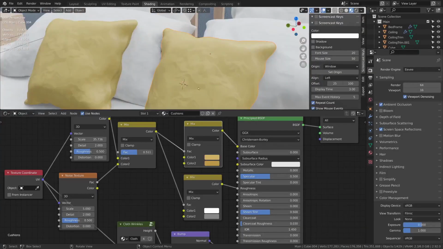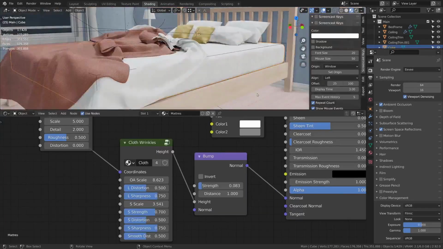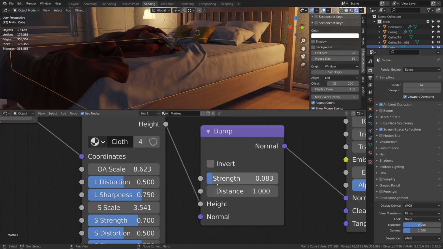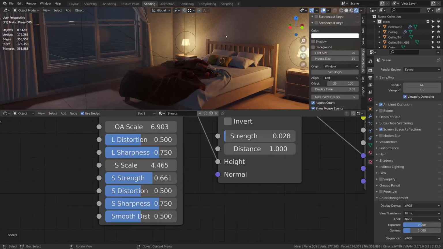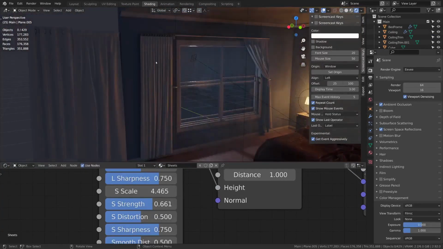Now, particularly on the cushions, I think it looks like they have too much bump. I'll turn that down a bit. Now, if I go into render view, I can see that the strength of the wrinkles is actually probably too high. So I'll have to play with those. Something like that. So I'm going to use one of these